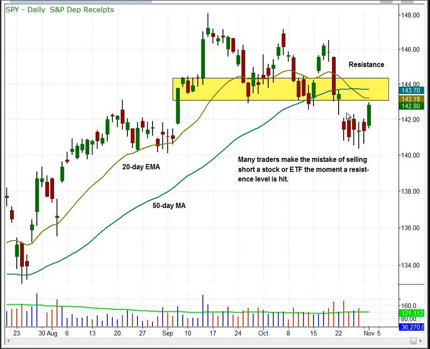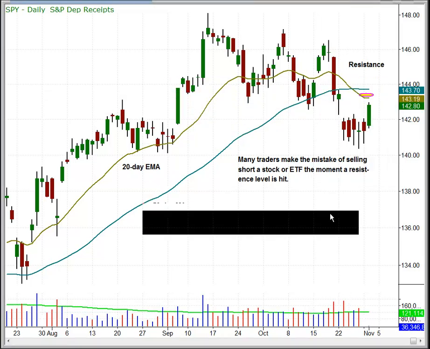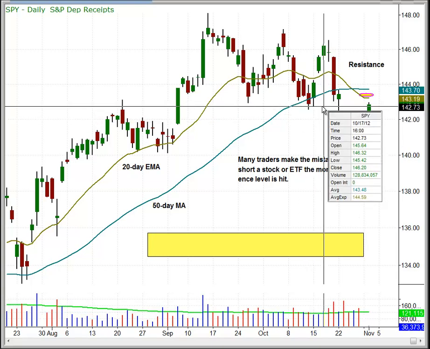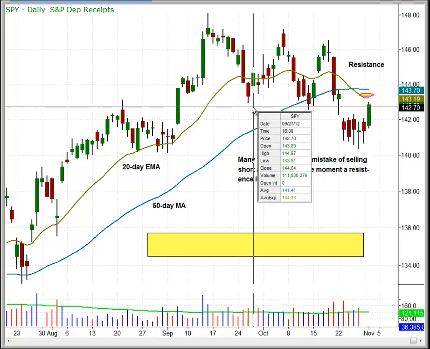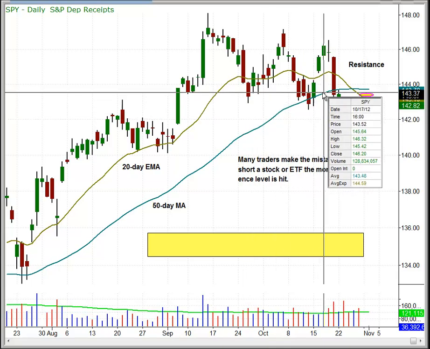In today's video, we're going to show you how we identify low-risk short setups when the market is in distribution mode. Over the past few weeks, market conditions have deteriorated, and we now see the S&P sitting well below the 50-day moving average. Let me take this off for a second. We see the S&P price action has broken down below prior swing lows and has lost the 50-day moving